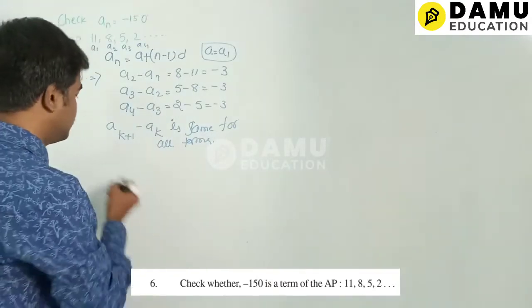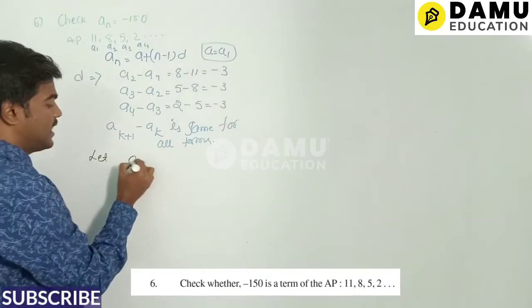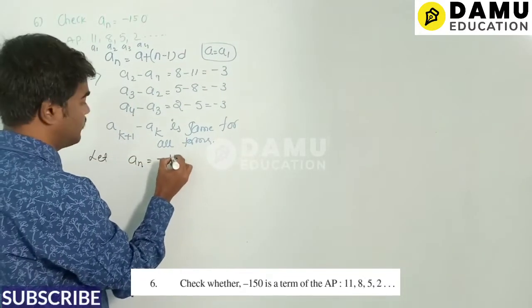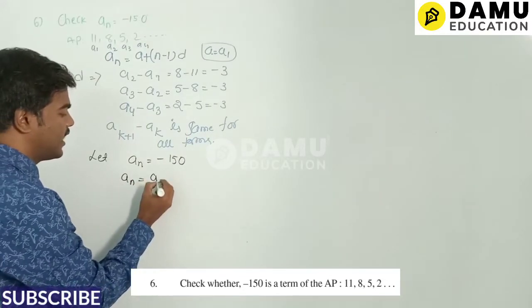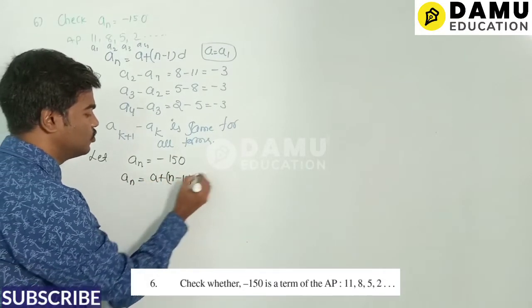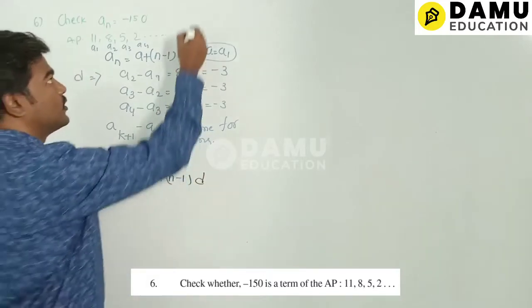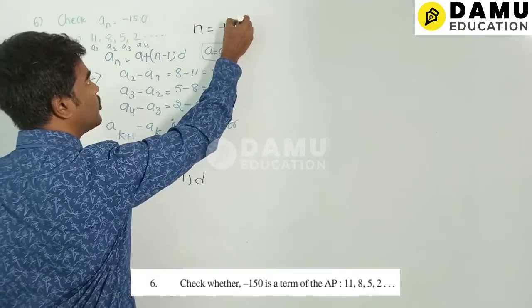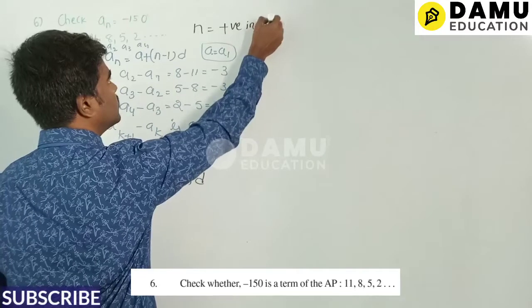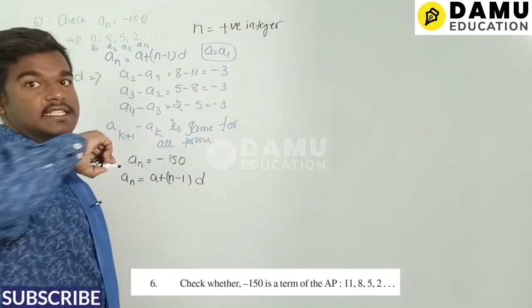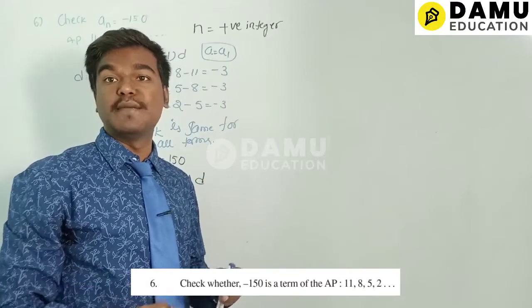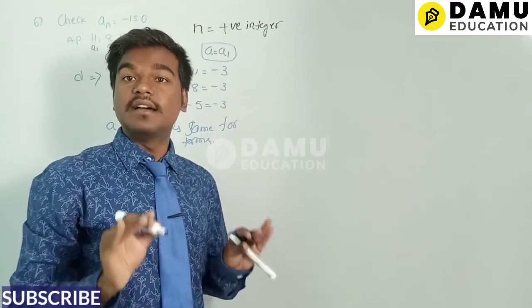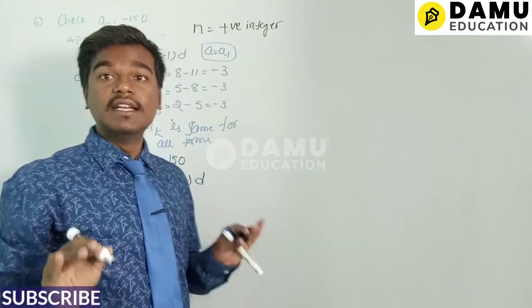So let a n be equal to minus 150. We take a n equal to a plus n minus 1 into d. Here n should be a positive integer. We should not get any decimal numbers. If we get decimal or fractional numbers, then we will not consider minus 150 as a term